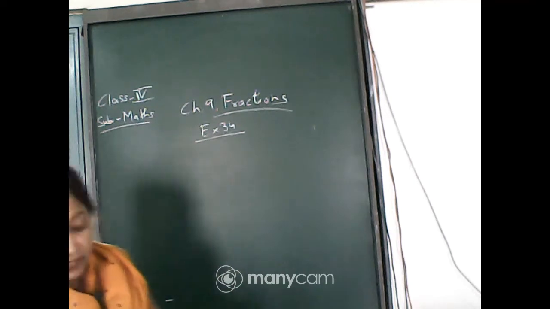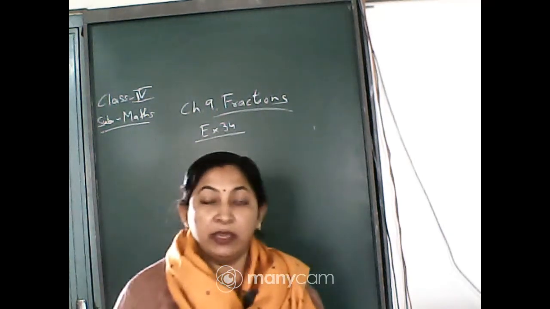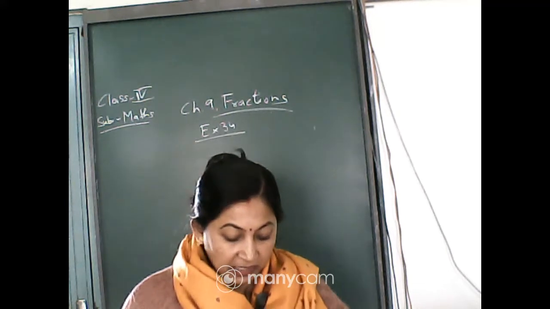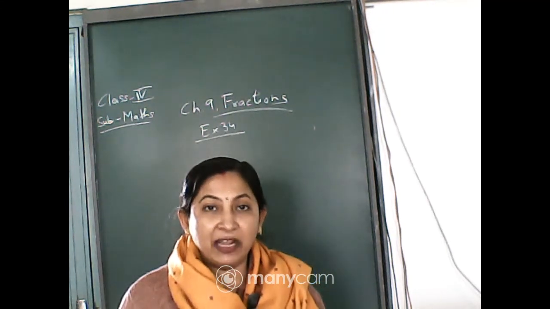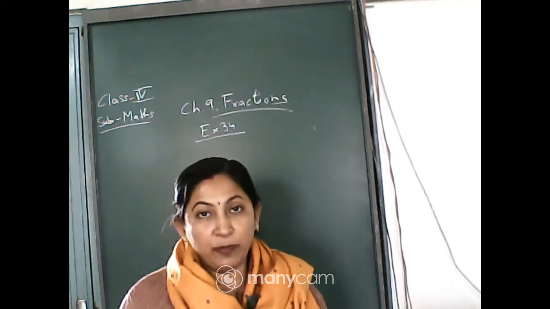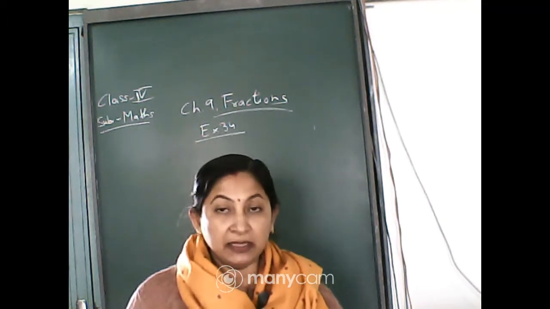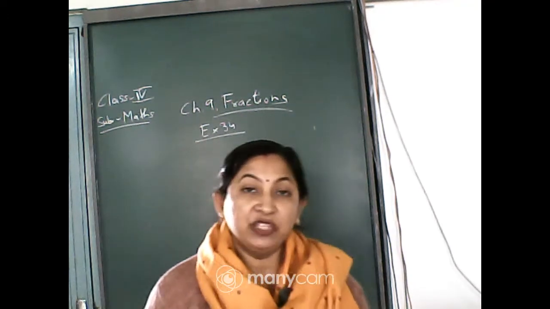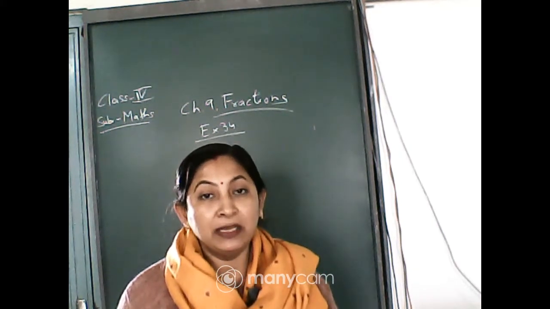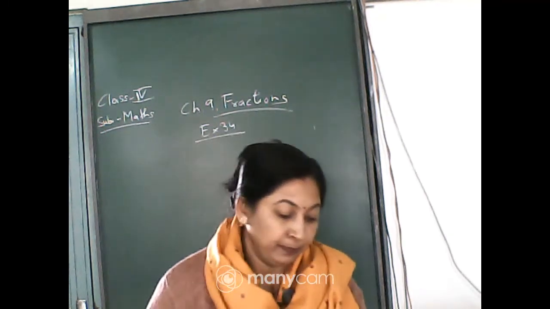See, for the same denominators we have done it as we do for whole numbers. But when the numerators are the same and the denominators are different, at that time we have to choose the fraction with the larger denominator. The fraction which has the larger denominator is the smaller one than the other. That means the fraction which has the bigger number as the denominator is the smaller fraction. Clear? Let me write, then you will be able to understand.